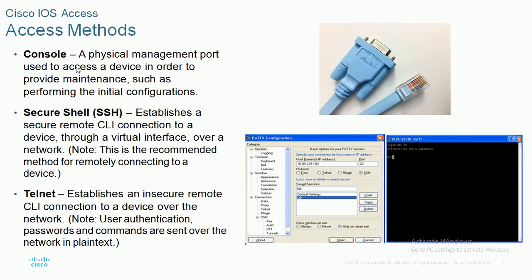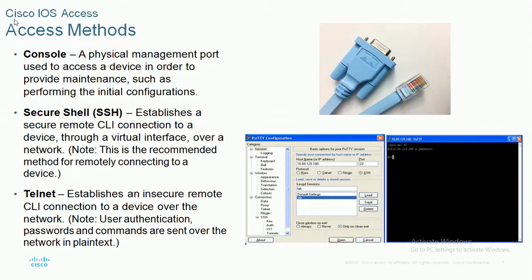Say I just brought the switch, and if I want to configure anything on the switch, like applying a password, or any initial setup, the name of the switch, anything we configure initially, that will be configured through the console method. It is a management port, a management connection. Only the responsible person is allowed to do all these things, that is nothing but an administrator.